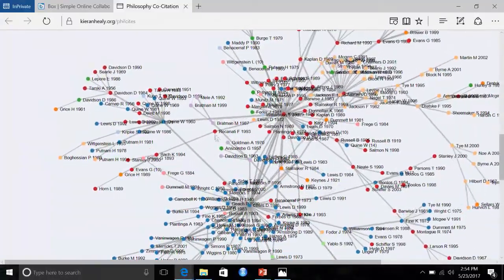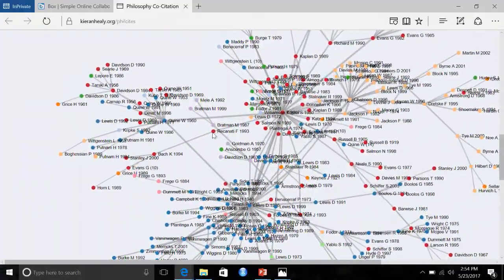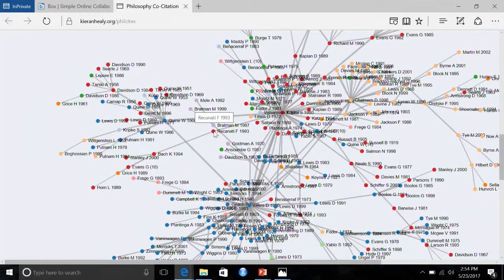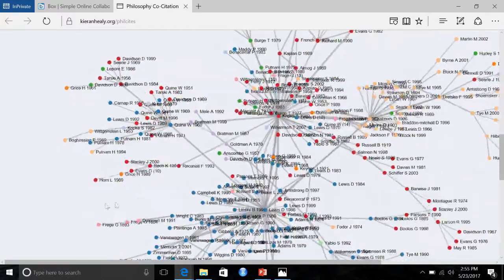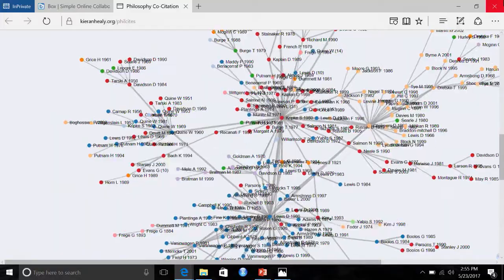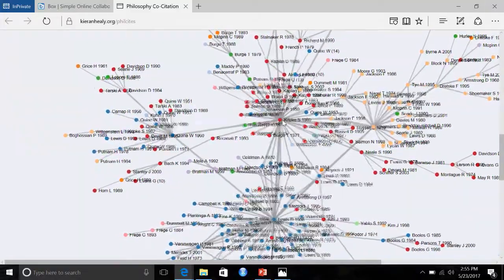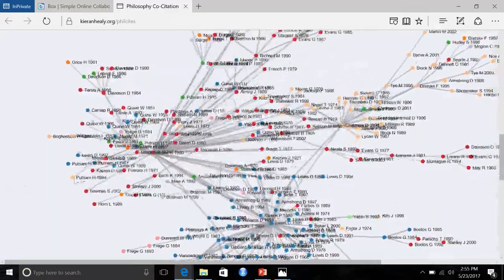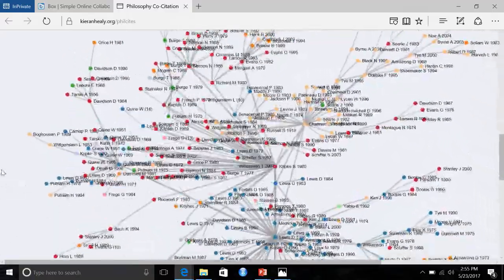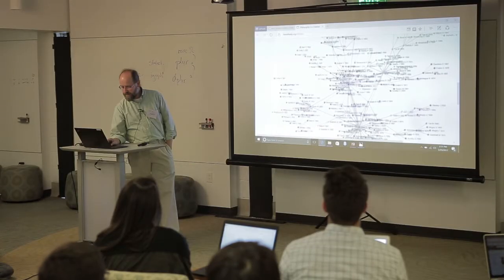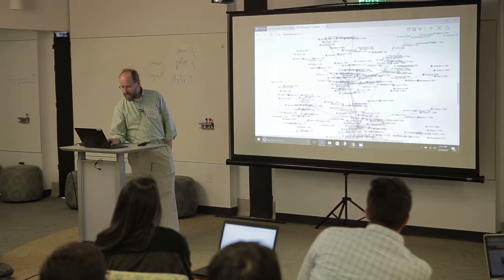These are all philosophers. What's nice about these is you can hover over them and see details, but you can also drag them and play with them. So if you want to lose a few hours of your day, you can go in with these kinds of networks and try to make sense of them, drag them around and play with them.